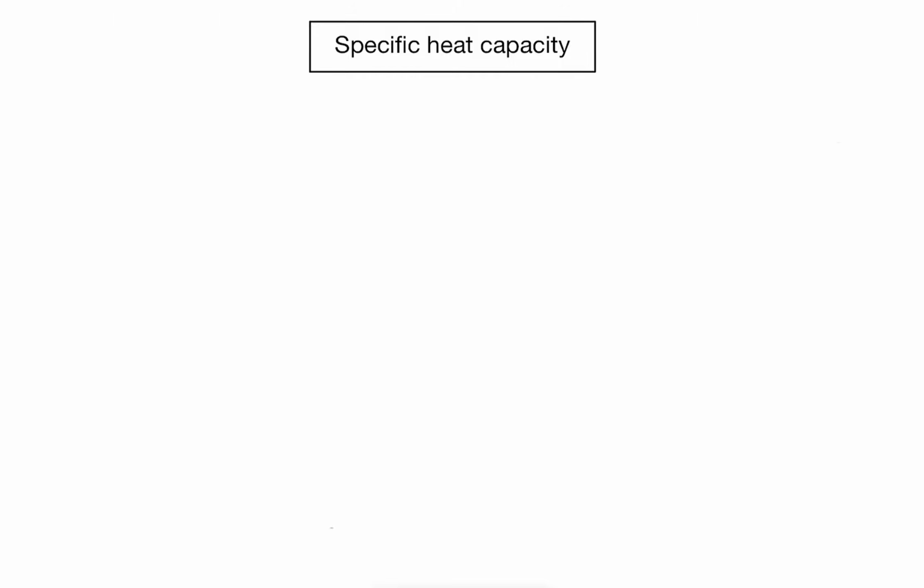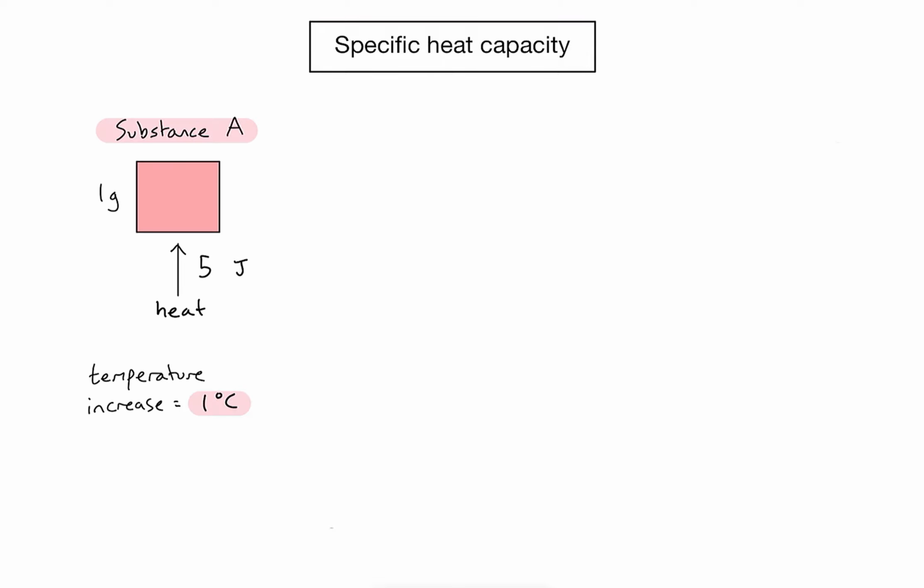This video is going to have a look at some of the basic understandings required to understand the concept of specific heat capacity. So first of all, let's look at three different substances. First of all, substance A. And you'll notice in this case we've got 1 gram of substance A. And if I heat it or I transfer 5 joules of energy to that substance, the temperature increases by just